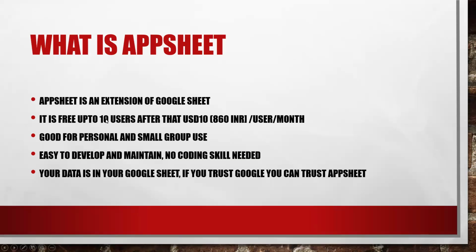If it goes beyond 10 people, then they will start charging 10 USD per month per user. So it turns out to be 860 rupees per user per month. So suppose you have 10 users, it is basically 8,600 rupees per month, which is